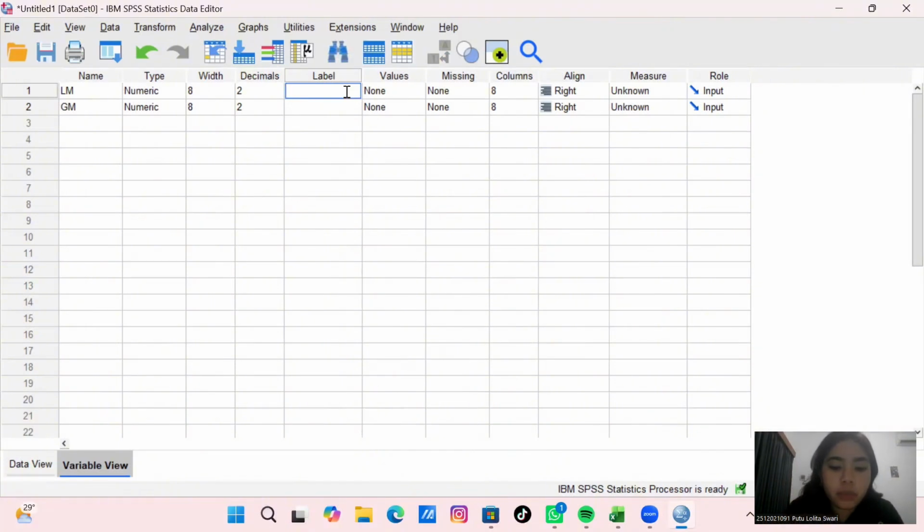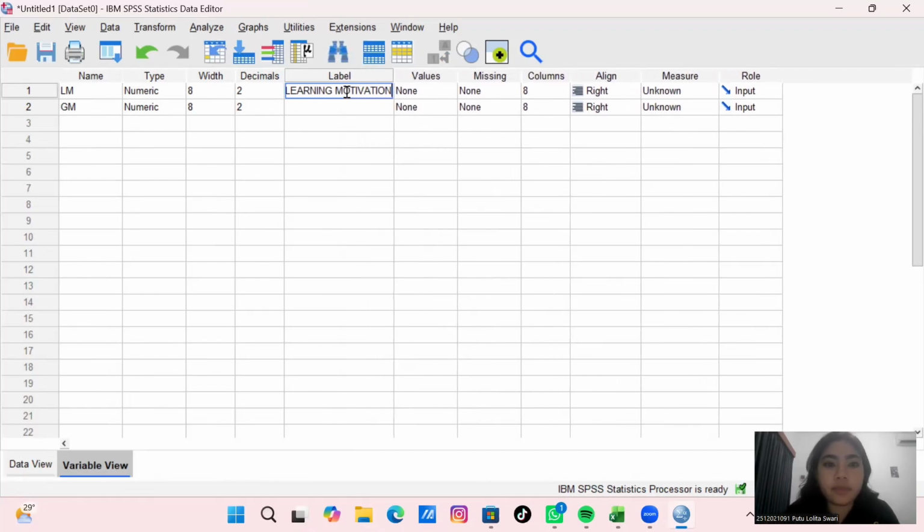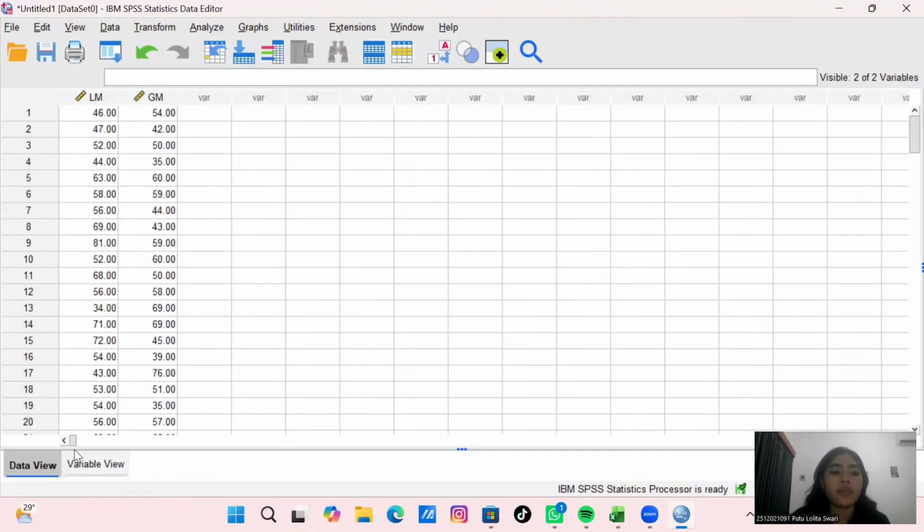I put learning motivation and then growth mindset. And also you need to change the measure into scale. Okay, after it looks like this,